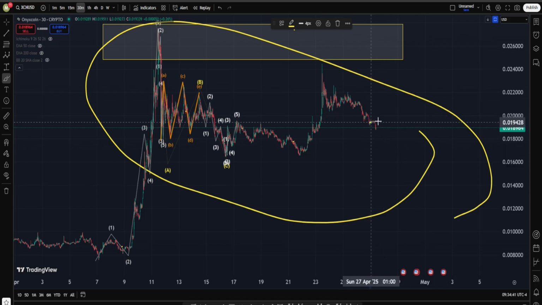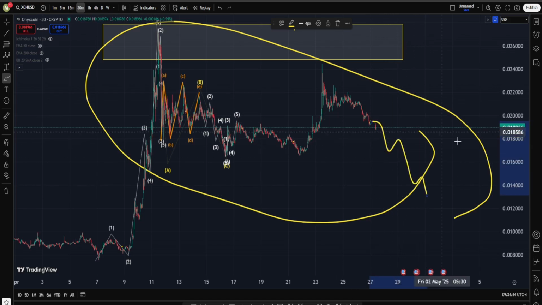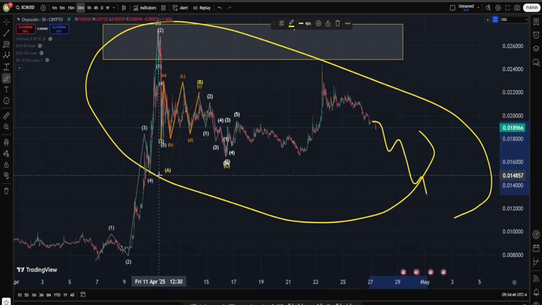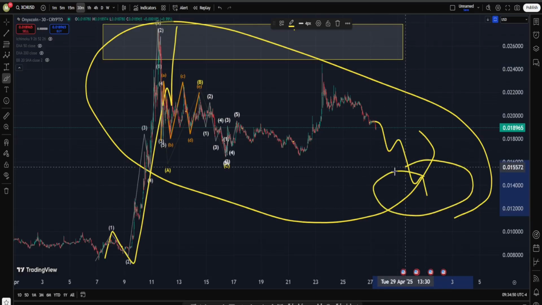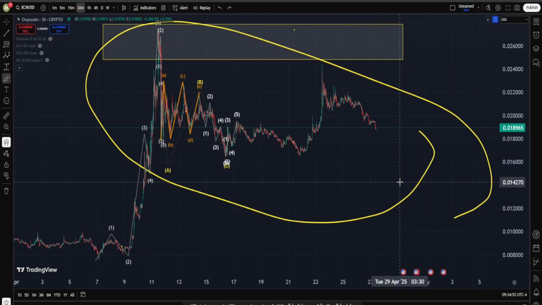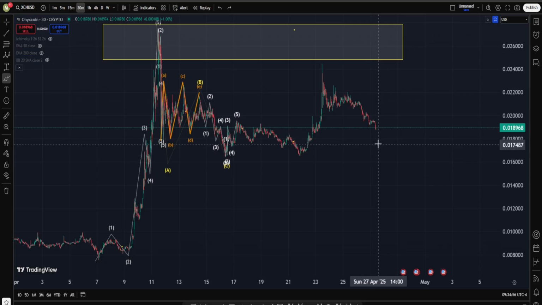And this is the key. If we get another move down, well, okay, since I believe overall this is a correction and this is also an impulsive movement on the upside, right in here is going to be a beautiful, beautiful trading opportunity for me. Now, overall, if you are an investor, I don't really have a good answer for you